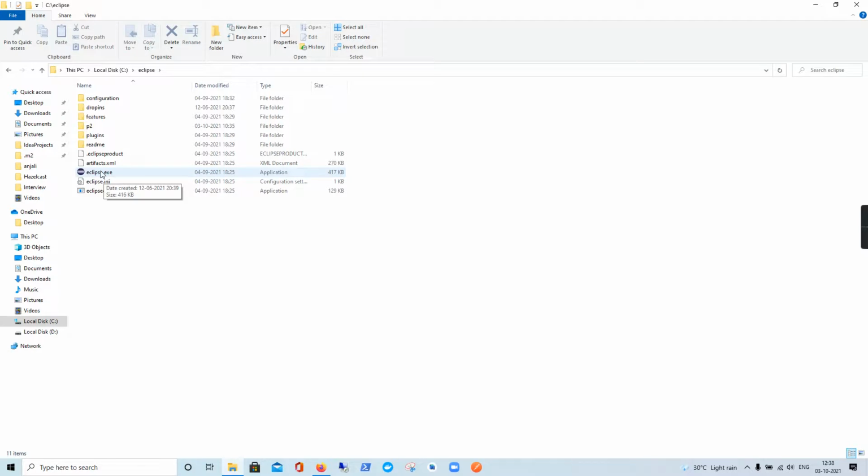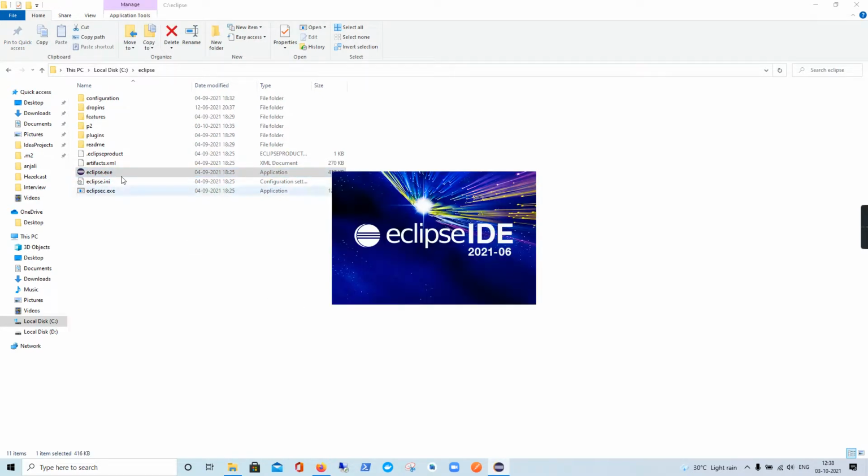Keep in mind that Eclipse needs Java to be installed correctly to run. If Java is not installed correctly, it is not going to run. But since we have verified earlier that Java is correctly installed, you can go ahead and run Eclipse. Double click the Eclipse exe,